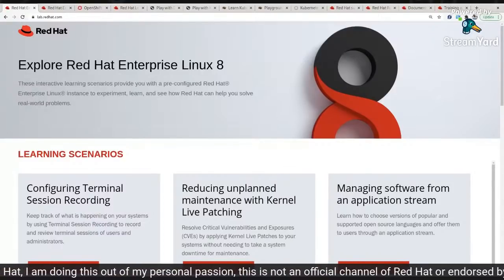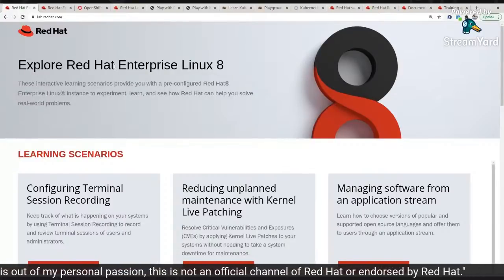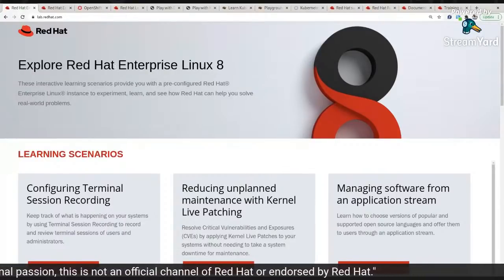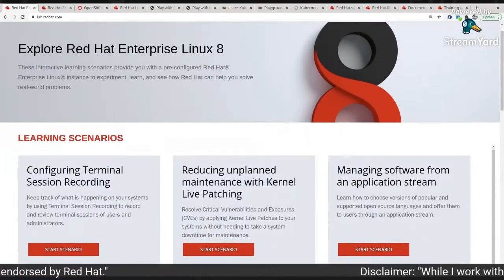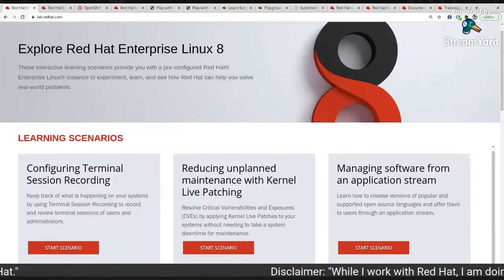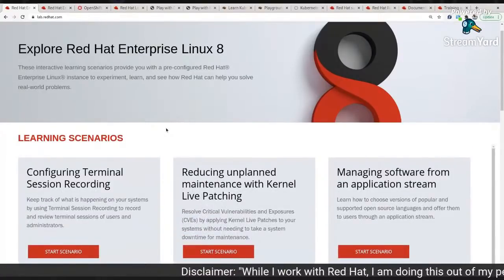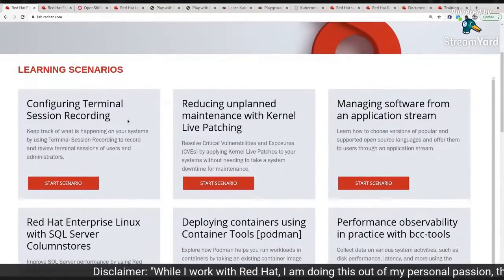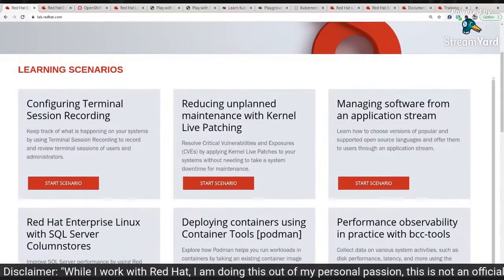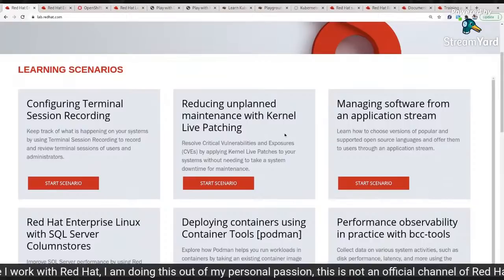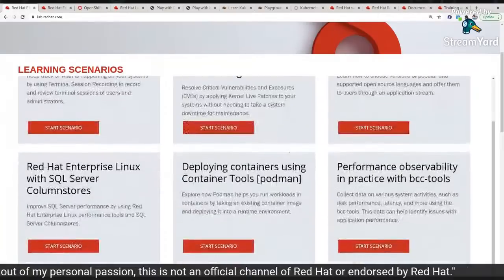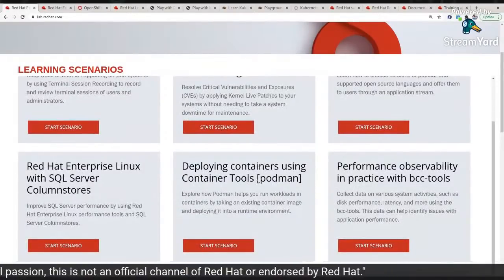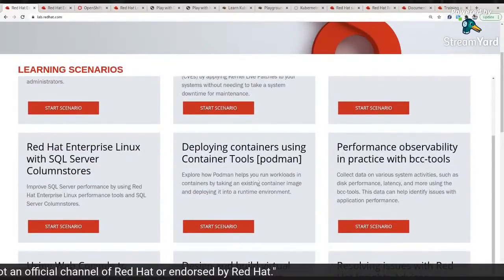lab.redhat.com is meant to explore Red Hat Enterprise Linux 8. These are interactive learning scenarios. In the background, the Red Hat team has given us this public lab for our usage, covering all the RHEL 8 new features, like terminal access controls, or reducing unplanned maintenance with kernel live patching. Do check out these videos. There are also managing the application stream, SQL column stores, or Podman, the new offering from Red Hat